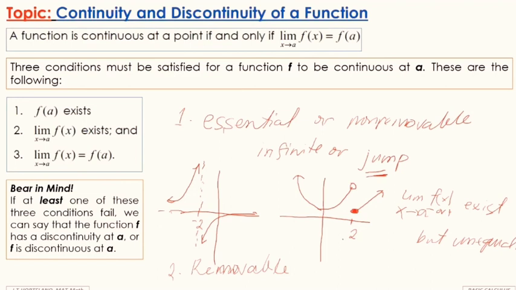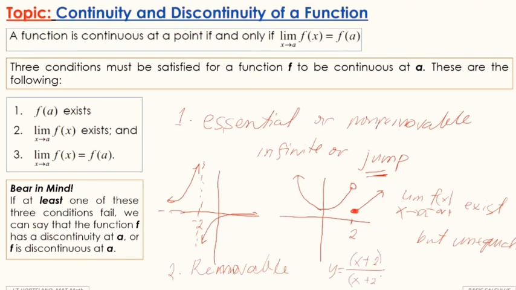You can factor the function, then rationalize until the discontinuity of the function disappears. One good example is, let's say you have y is equal to